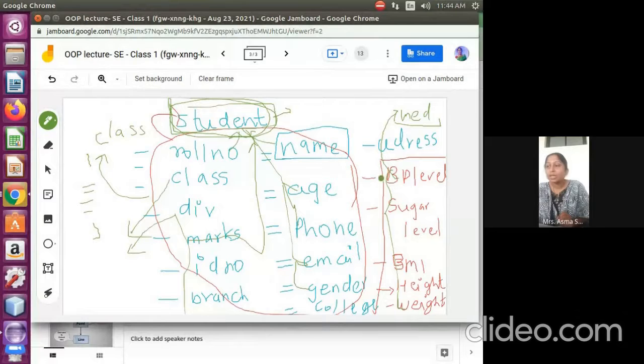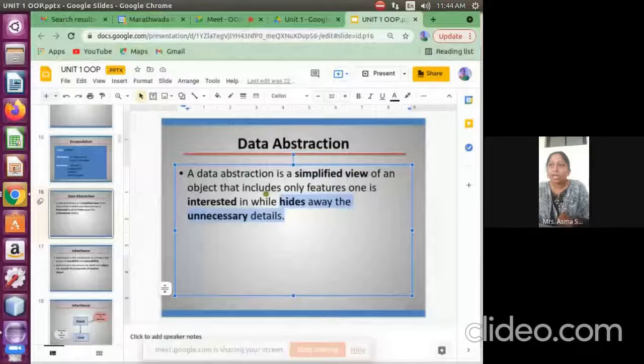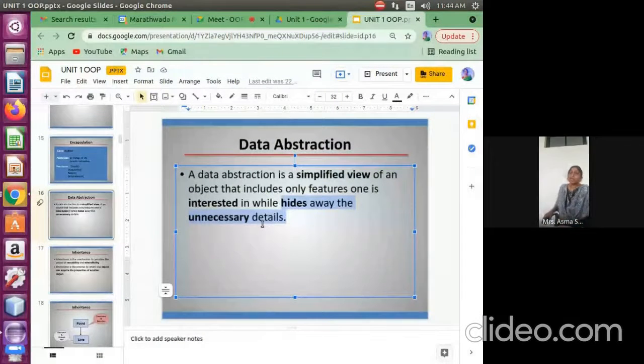We are not accessing unnecessary attributes. So it is called data abstraction. Whenever it is very important we can access it, and those that are not important we do not access. So hiding the unnecessary information is data abstraction.